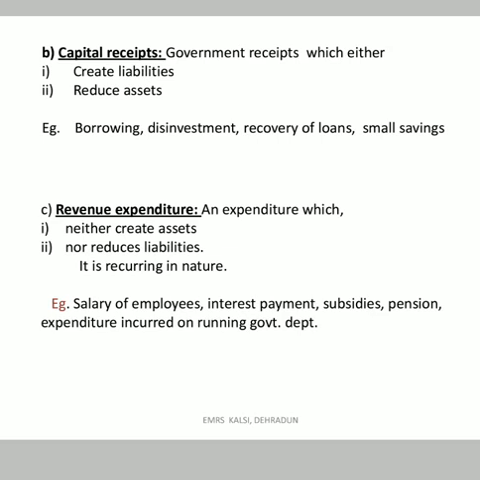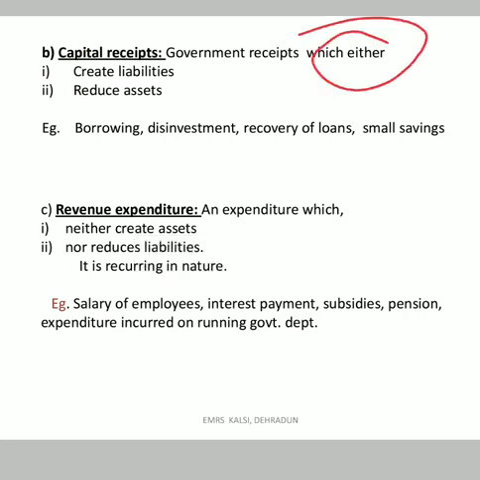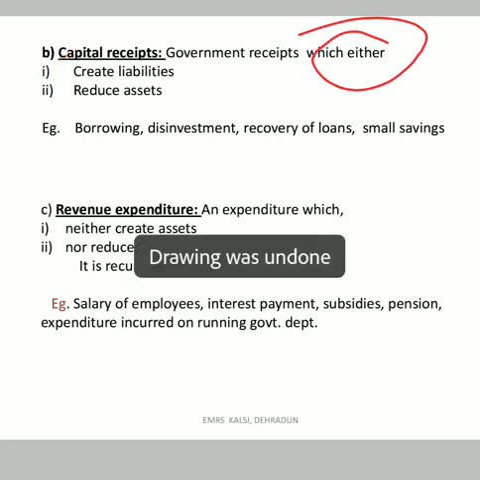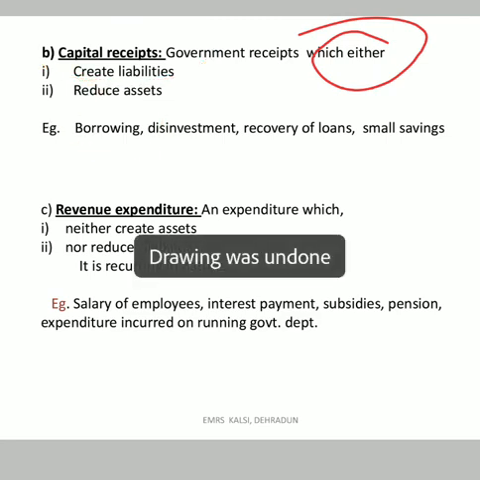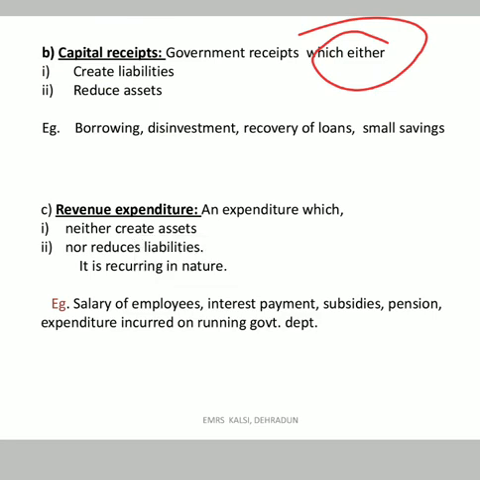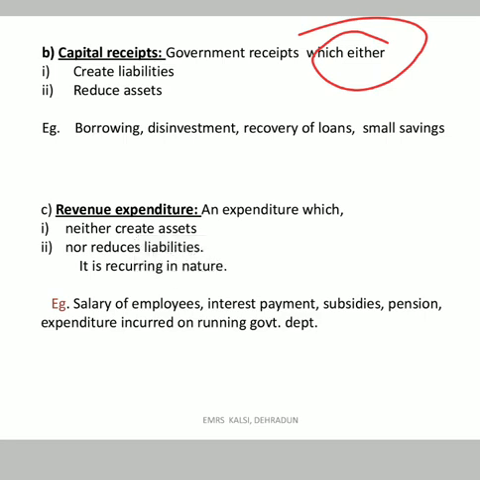Government is getting money, but either that money is reducing assets or that money is creating liability. The money which government gets, but that money either reduces assets or creates liability, that money will be counted under the heading of capital receipts. Like borrowing. By taking a loan from the World Bank, government is getting money in its bank account, but government has to pay that money back. That money will be taken out of the pocket of the government. Government is getting money, but that money has to be paid later on by the government,